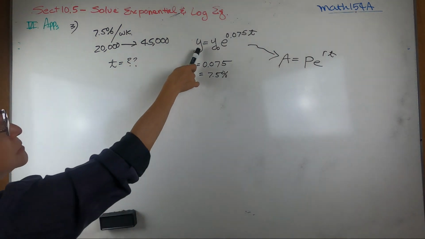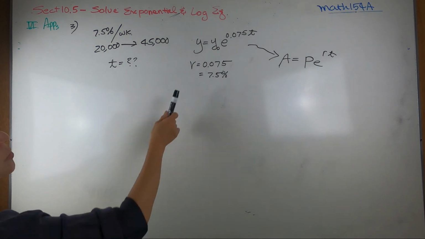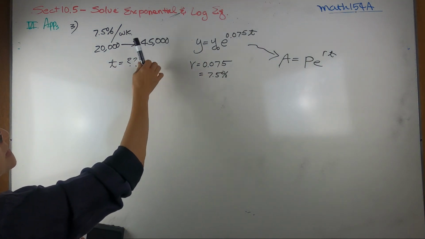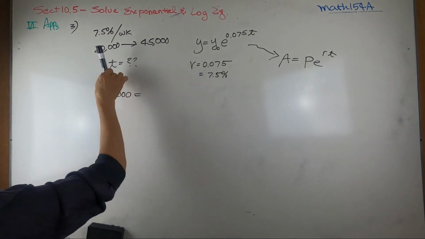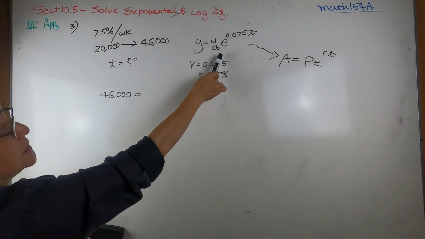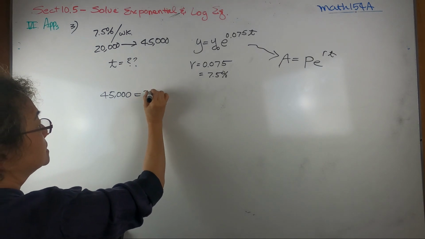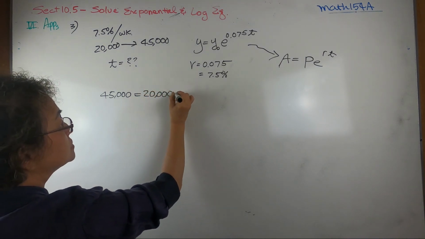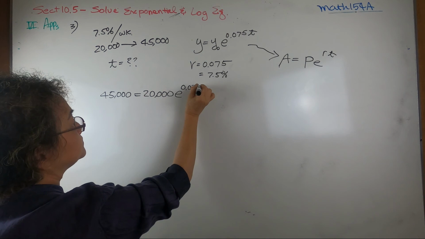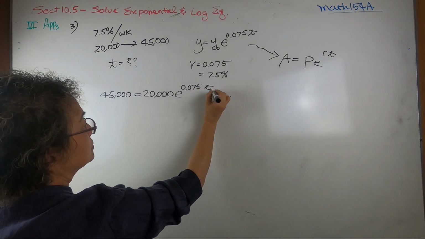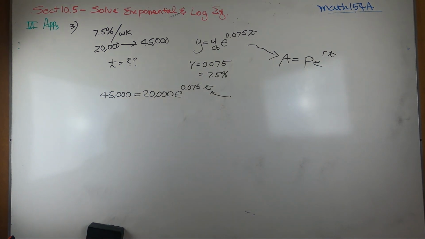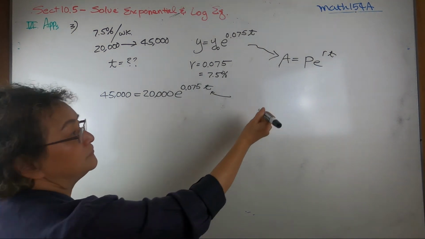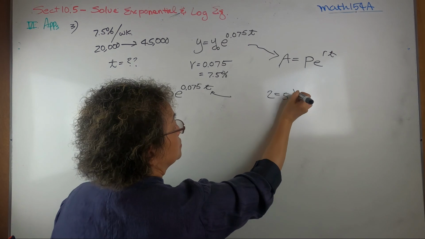So how are we going to apply this? What's your Y? Y is the final result, right? Then the initial is 20,000 people, that's your Y sub 0. Then you use this formula. T is your variable, the time you are going to find, right? So we want to solve it just like we were saying,